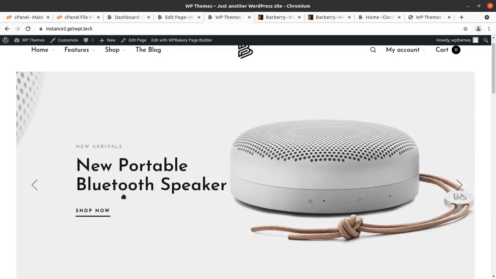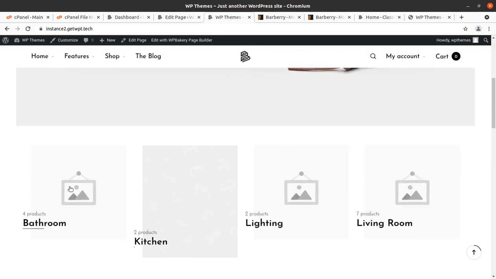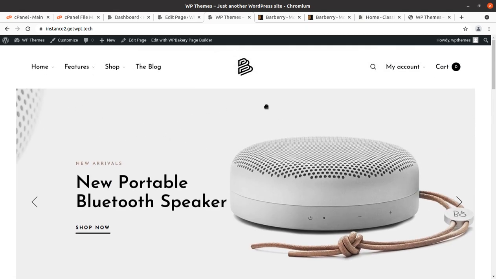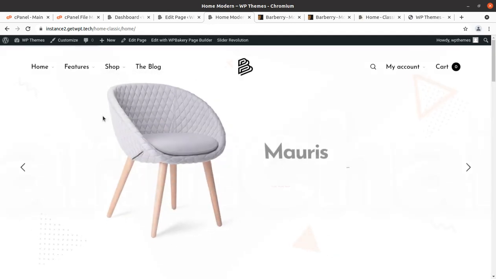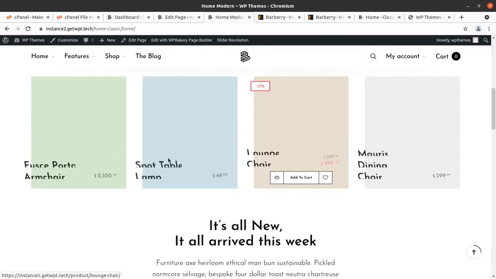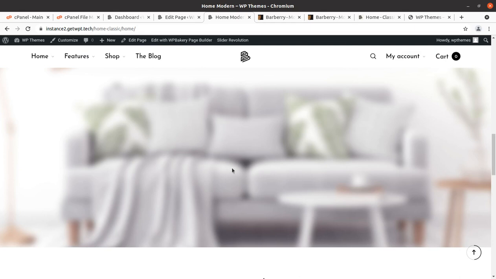Yes, so it is here. So it is very simple to handle the content. In fact, this is why I was showing you how you can edit the page contents. So in case you are using the furniture layout, that is Home Modern, you already have the images for that. However, you are ultimately going to change the images, as this is not for your website, I believe. Okay, so we have each and everything, and we now have a complete website.